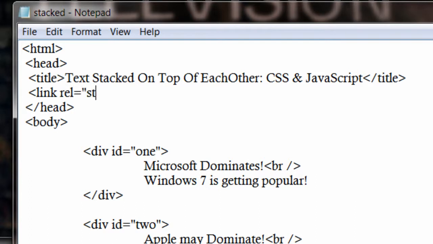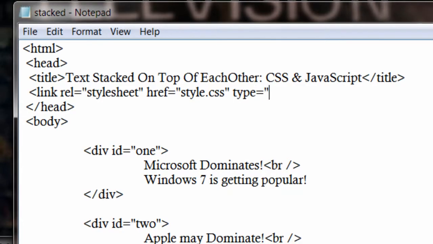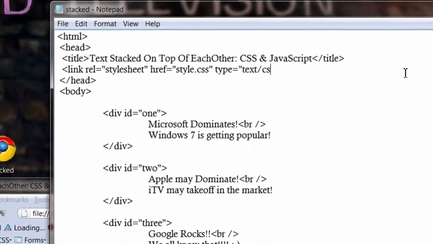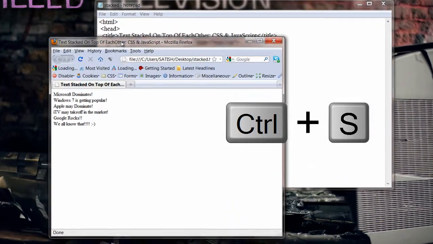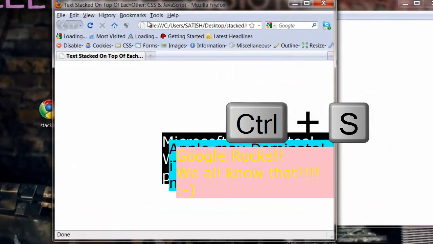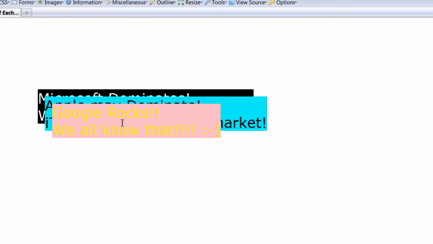So the syntax is link, rel means relationship, it's a style sheet, href is the source file, type is text/css. Save the file, refresh. Okay, now it looks a lot better.